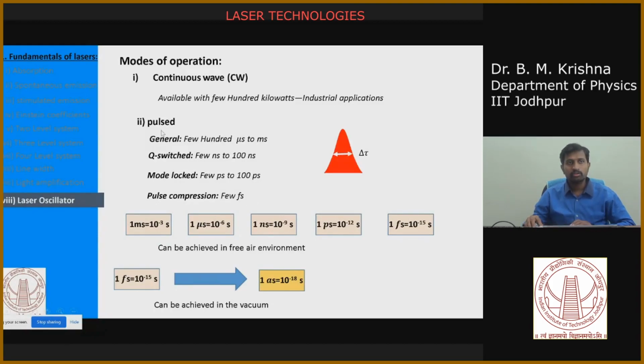So these are the pulse lasers. We have a range of pulse lasers from a few milliseconds to attoseconds. In the pulse laser category, some of the pulses we call ultrafast pulses. Ultrafast pulses we call from picoseconds to attoseconds. These pulses are utilized to study fast dynamics in a system.